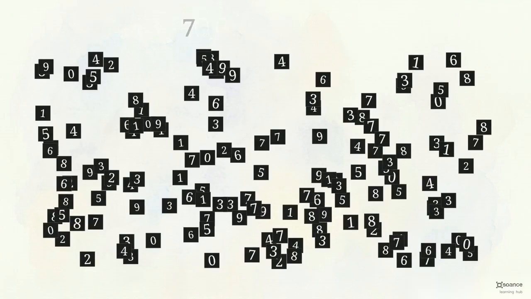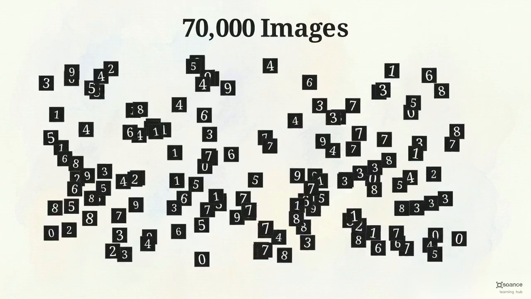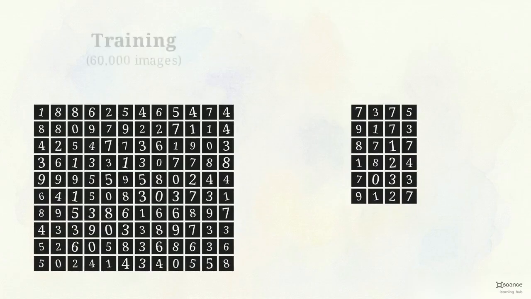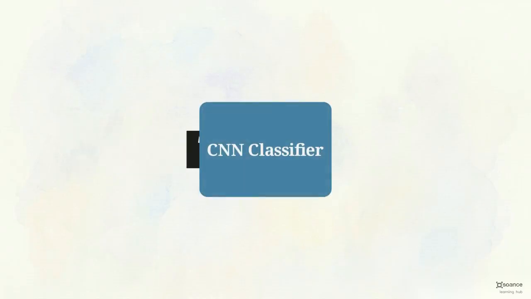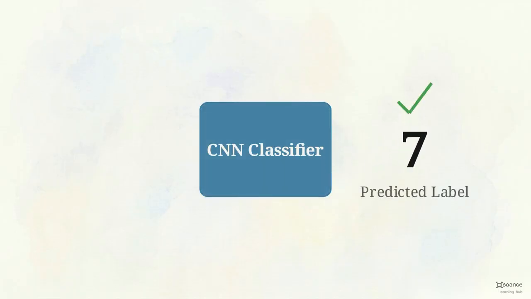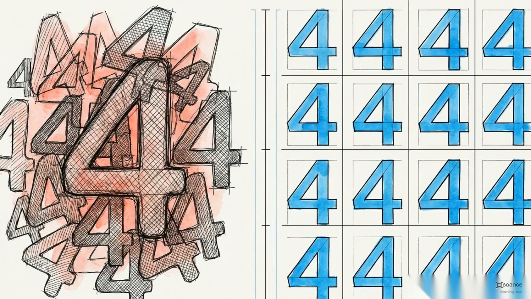This dataset is a collection of 70,000 black and white images, each containing a single handwritten digit ranging from 0 to 9. The researchers split the data rigorously. They dedicated 60,000 images entirely to training the model, reserving the remaining 10,000 strictly for evaluation. The network's ultimate objective was straightforward: take a raw input image from the evaluation set and accurately predict its numerical label. By successfully mapping 70,000 human-written digits into accurate classifications, LeNet proved that machines could reliably interpret complex visual variations